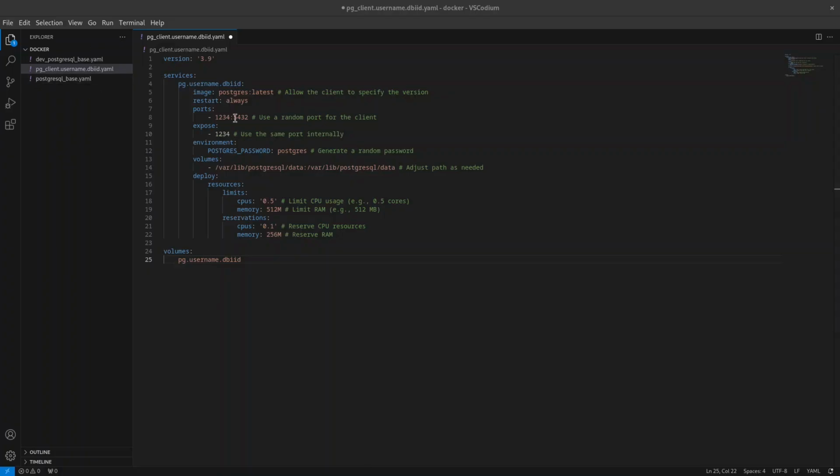Okay, so I didn't find a proper answer for this. So my idea is to have something like var, username, database instance ID and data, but